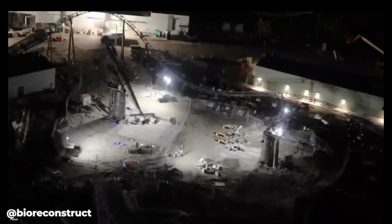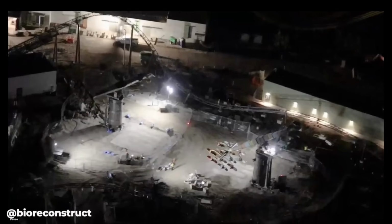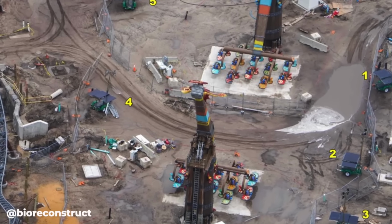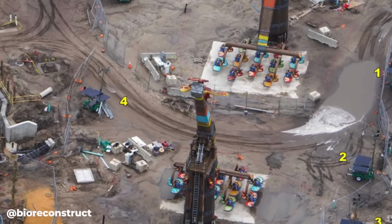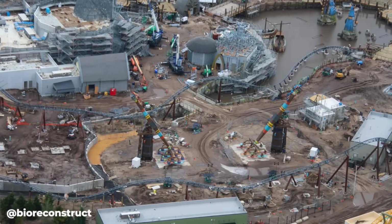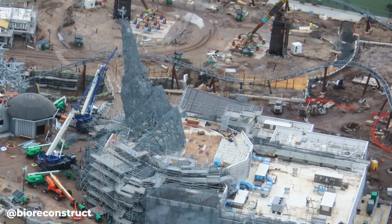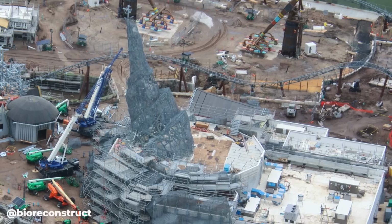And in the latest update, we saw some ride test footage of the pair of spinning dragon rides, and we do know there has also been some ride testing happening during the day as well. Now it doesn't look like much other progress has been made over here, so not much else to report on for this ride. And over at Mead Hall, we can see the status of the exterior theming,